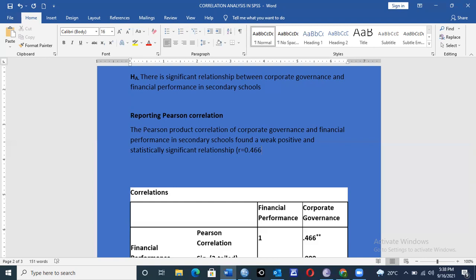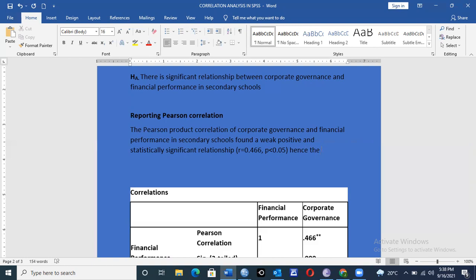Then we have the p-value. P-value is now the significant value was less than 0.05. Was less than 0.05. Hence,